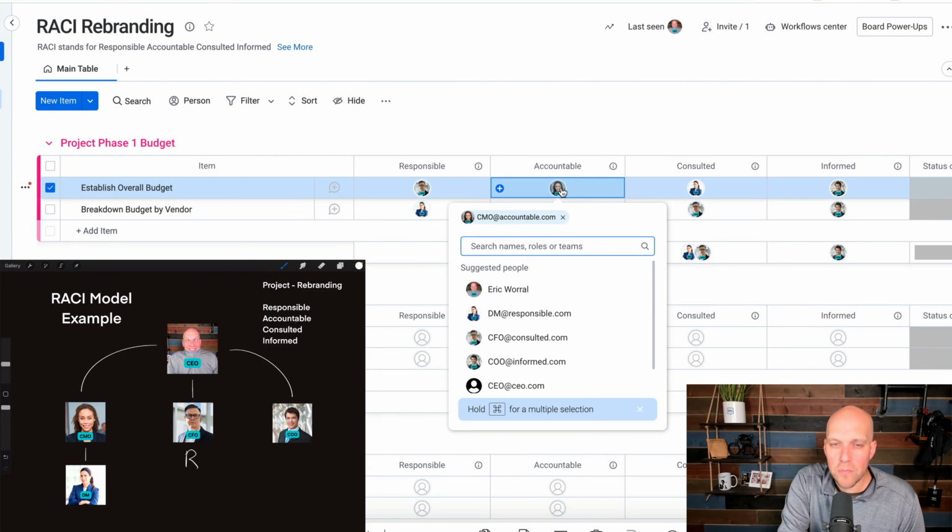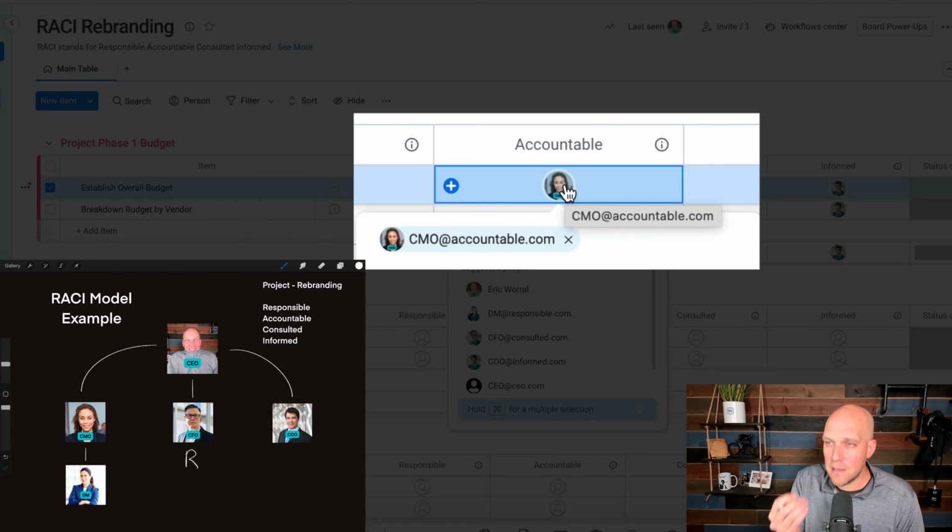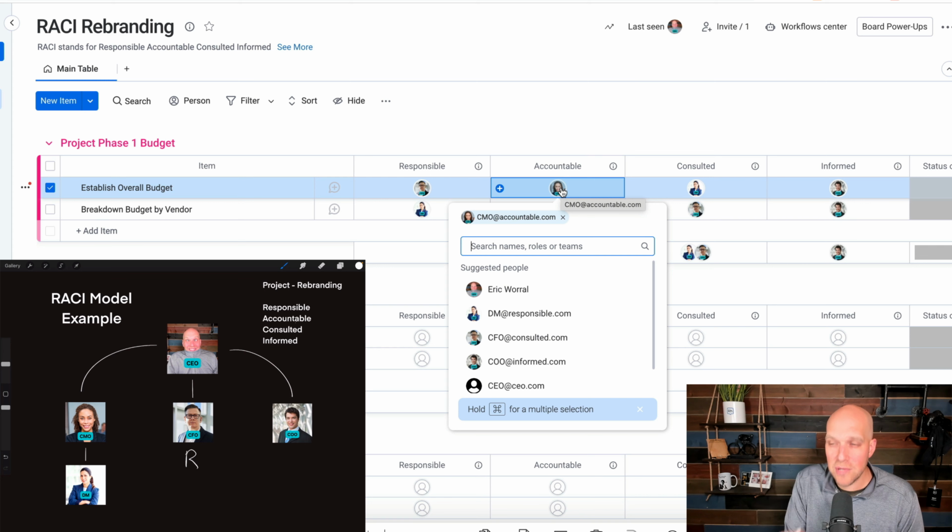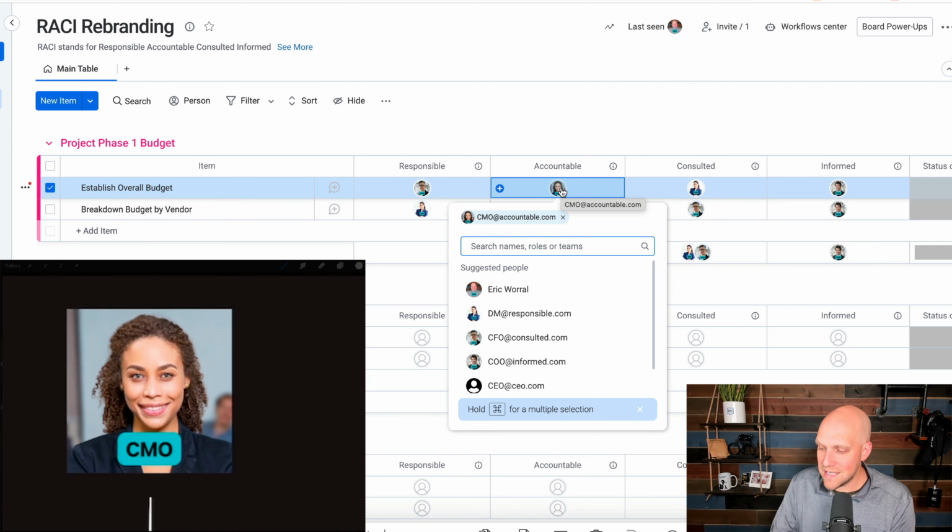And now accountable, that's what I put in for the CMO, because the CMO is the person with final authority over the successful completion of this specific task. Because the CMO is the person who needs to actually have that budget so that they can move forward with